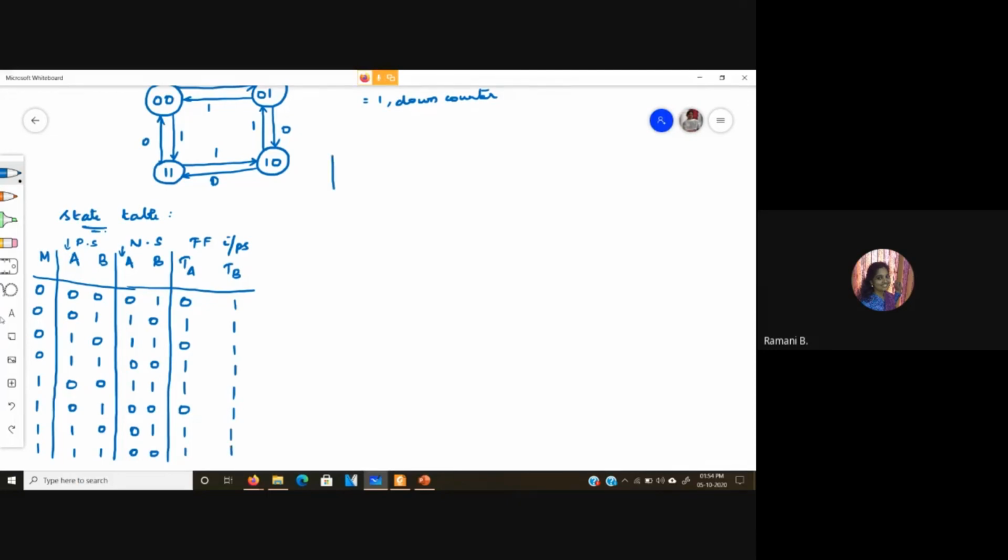Okay. So now finding TA and TB. TB as such you can say the value is 1. So this is M and this is AB. TA has value 1 at 1, 3, 4, then 6 and 7.